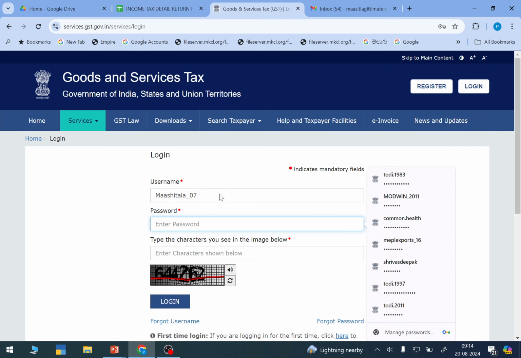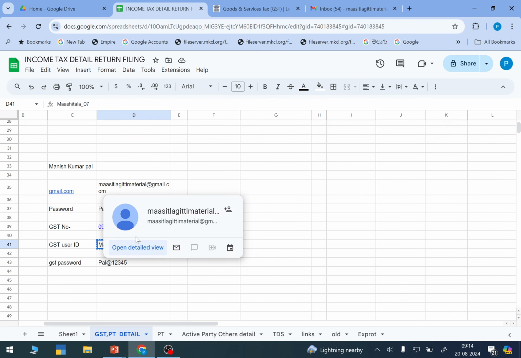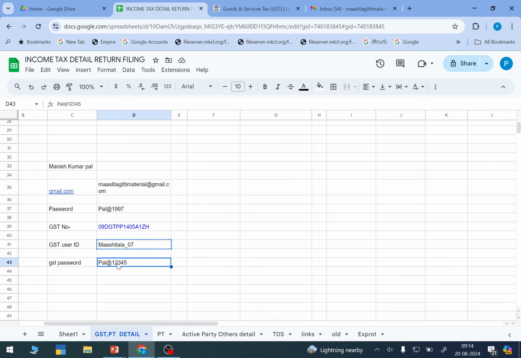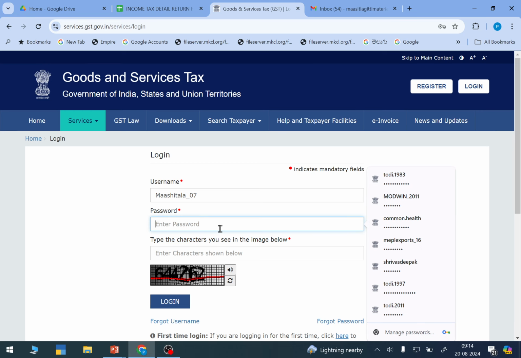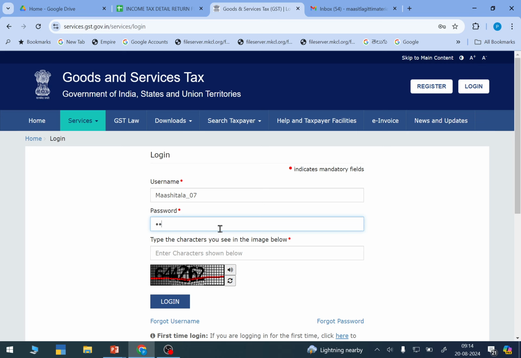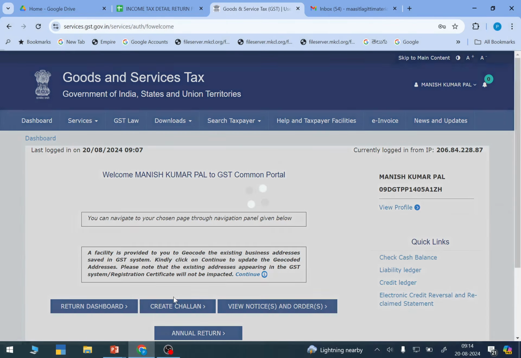So I'm logging in. Then you have to put the password, but you can copy paste your username, but you cannot copy paste the password, so you have to type your password. Password is protected, you cannot see the password. 644262. You have to enter the captcha. Now you are on the login page.